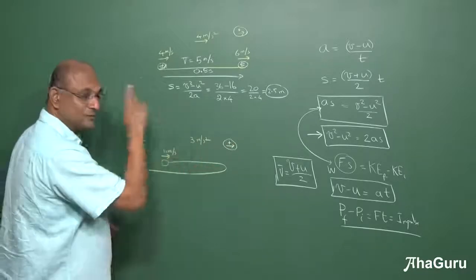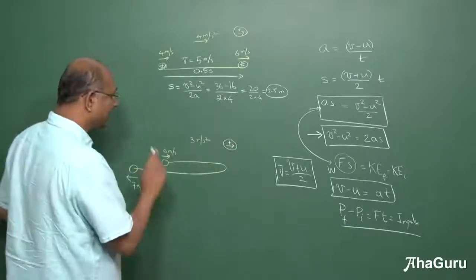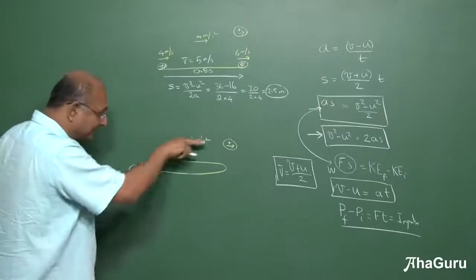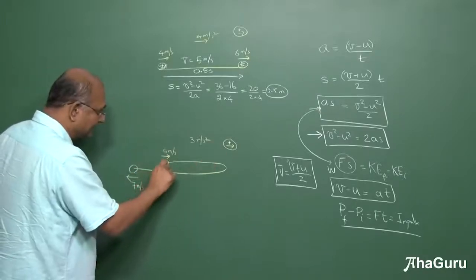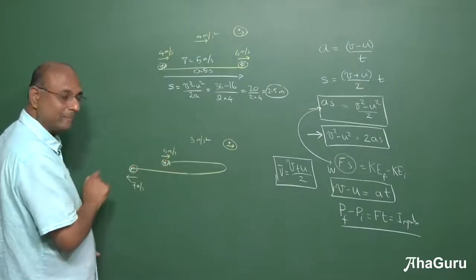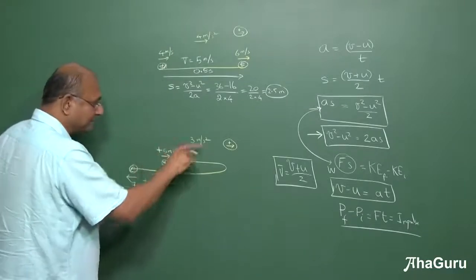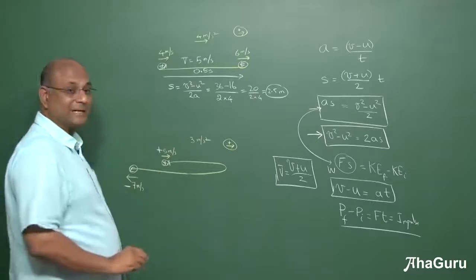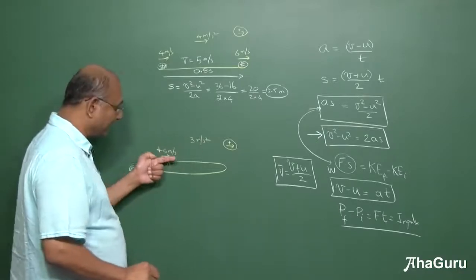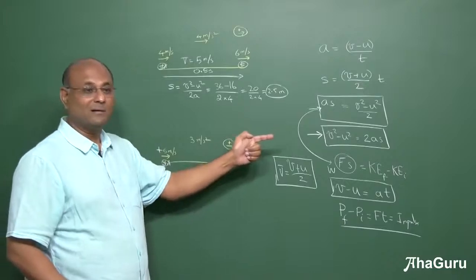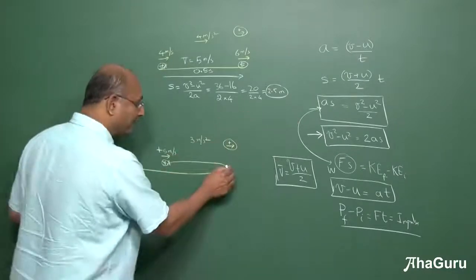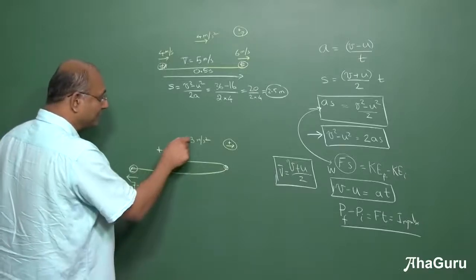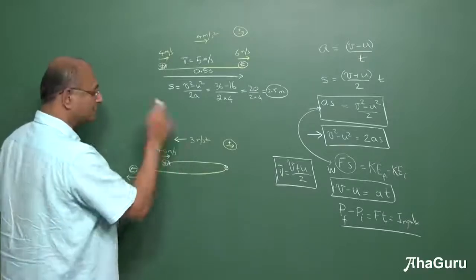Let us come back to this and use the formula v square minus u square is 2as. Now you have to worry about signs. 5 meters per second, it starts like this and ends like that. So this is the start, this is the end. Is this plus 5? Yes, plus direction. Minus 7. And what about acceleration? If it was pointing in this direction, it would keep on increasing. It will never come and stop here. You know that at that point the velocity has to become 0. So the acceleration must be in this direction, so it must be minus 3.